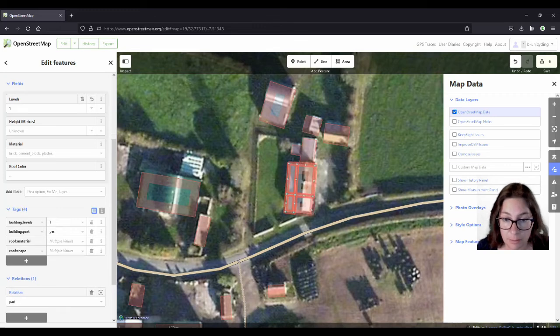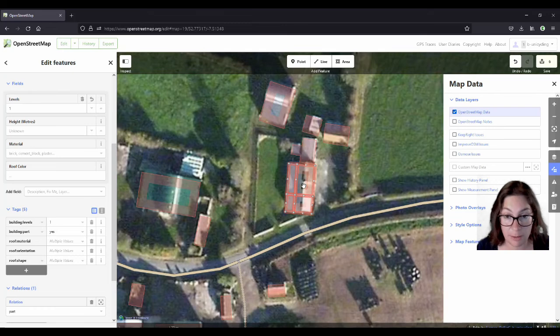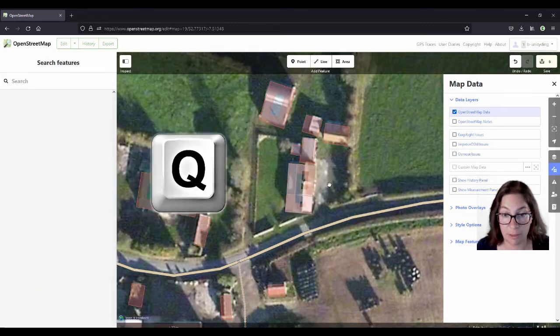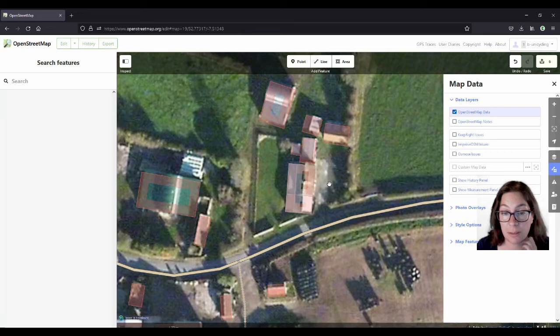And then I will highlight them all and square them off, because obviously I can't draw perfect squares. Highlight them all and hit the Q key on my keyboard, and that should square them off. I don't know if you could see that now, but believe me, they're all squared off now. And that's all we have to do.